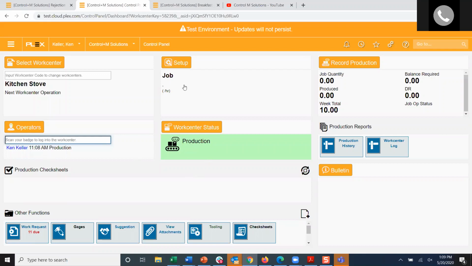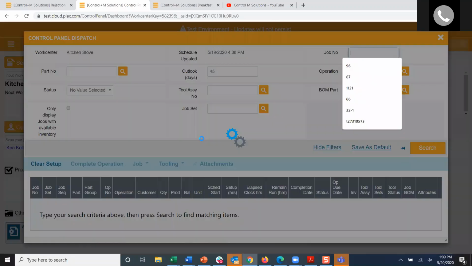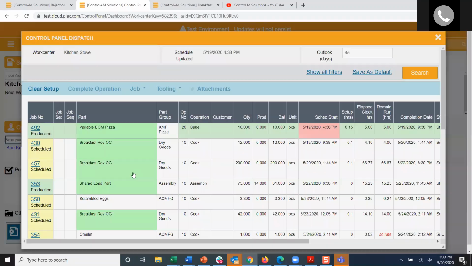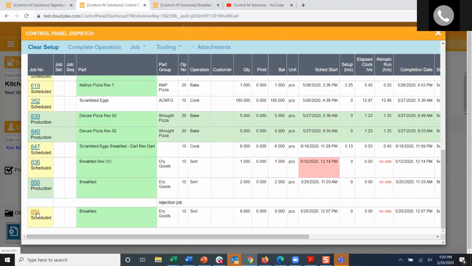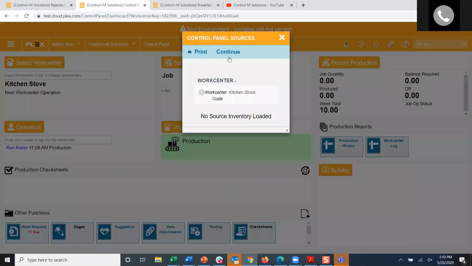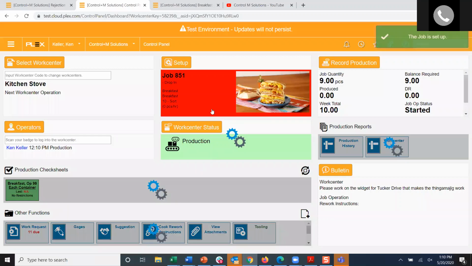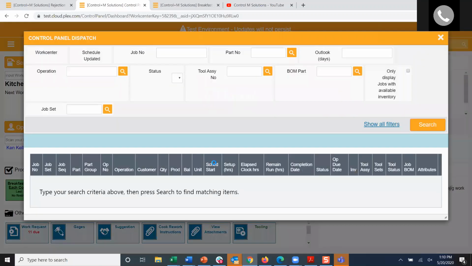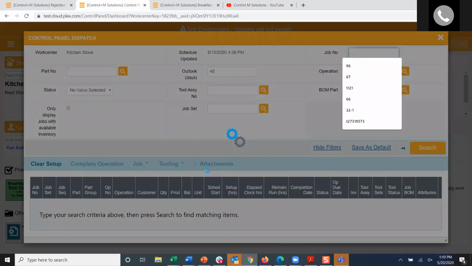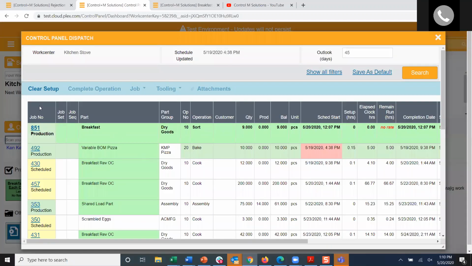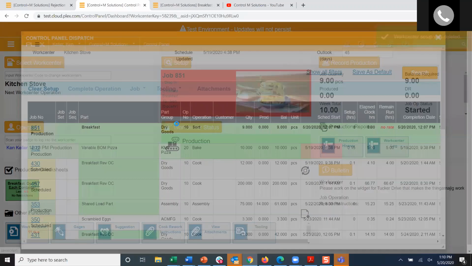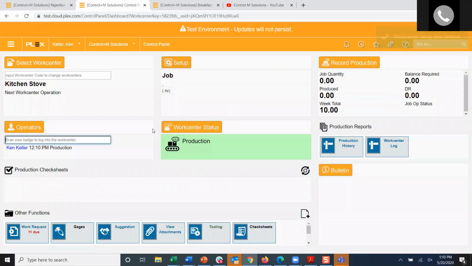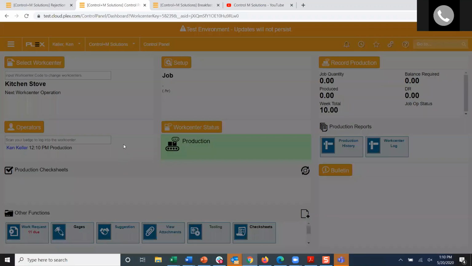I'm logged in as operator. I'm already in production status just for speed here. And what I need to do is find job number 851. Okay. Don't have any containers loaded, so there's something going on here. This is key to note. We want to clear our setup before we do that. And now I want to